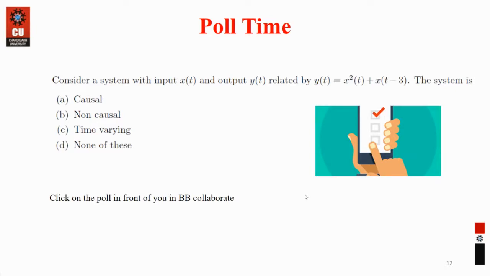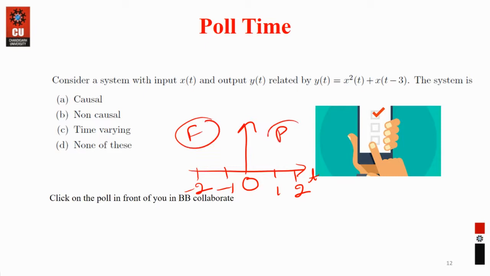You know the number system very well, right? So if this is my number system, this is my time, and normally we are considering 0 as the current time. So this is my present, +1, +2 is my past, -1, -2 is my future. So this is your future, this is your past, and this is your present. Anything which is depending upon the future as well is a non-causal system, and which is depending upon present and past only is a causal system. So use your mind, use any of the methods and let me know which type of system it is. Is it causal or non-causal?